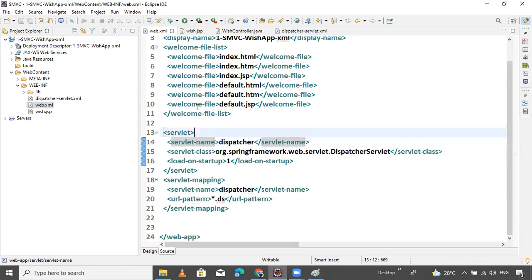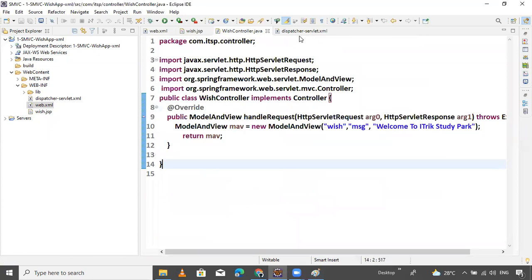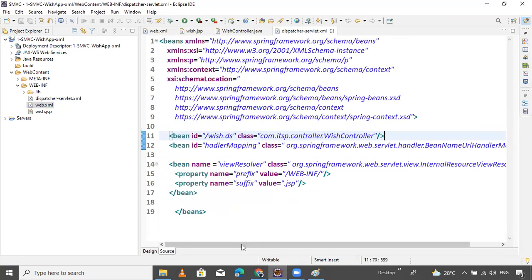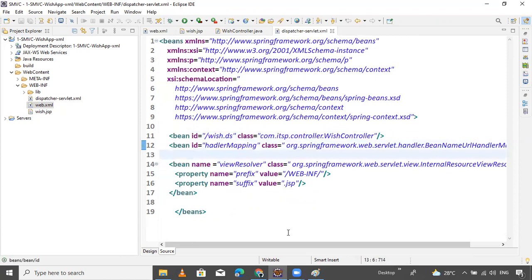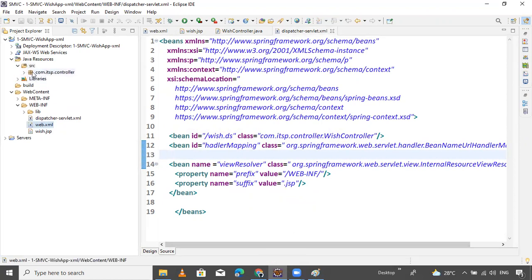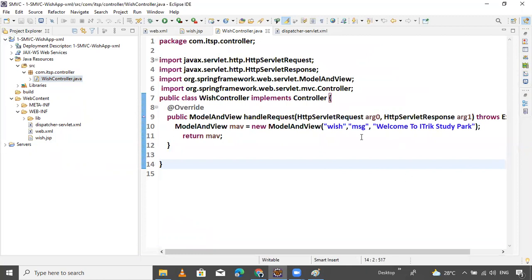Then the handler mapping finds where your controller class exists. Then it returns the controller class location and the name of the controller. Then it returns the model and view. What is it returning?